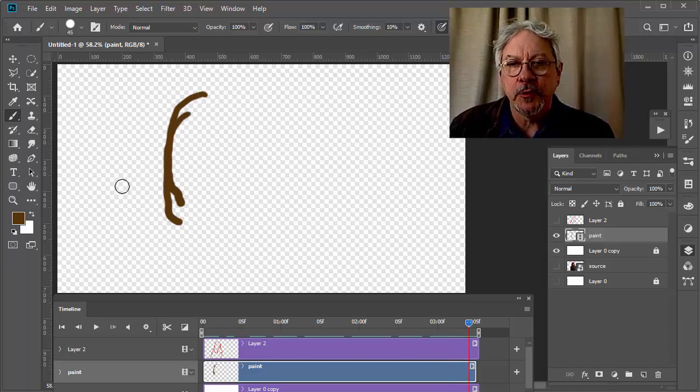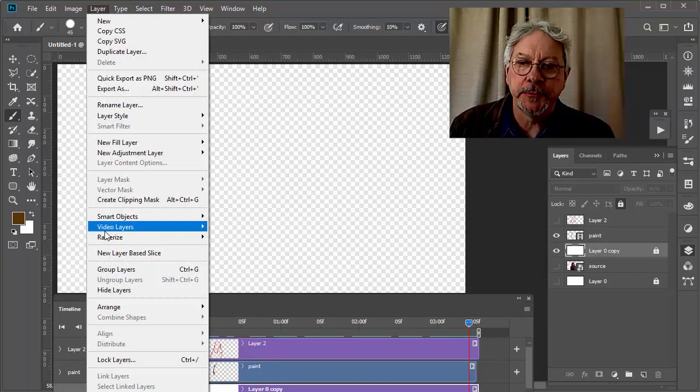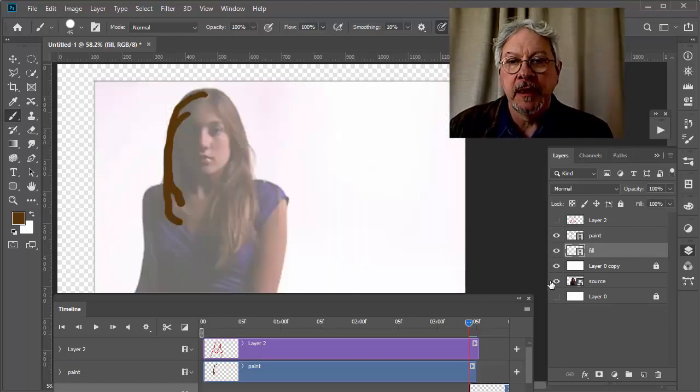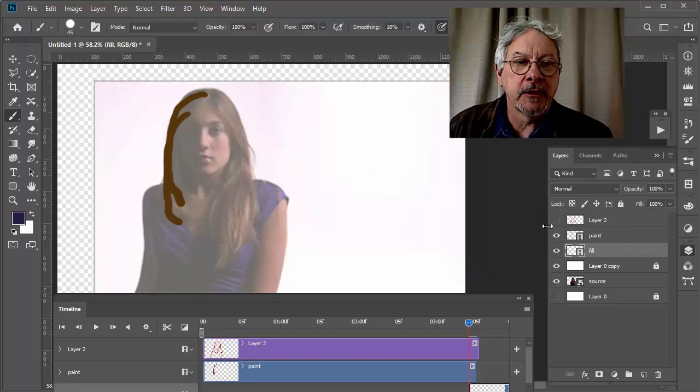I'd progress like this, adding more contour lines, and then at some point I'd probably go in and create another video layer underneath. It would be more of like a fill color. And with that, I would go in and select a skin tone, start working underneath this. So perhaps I was working with the clothing, and I would go in here and select a color from her clothing, go back to the fill layer,